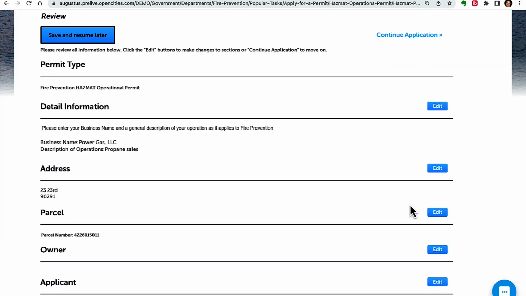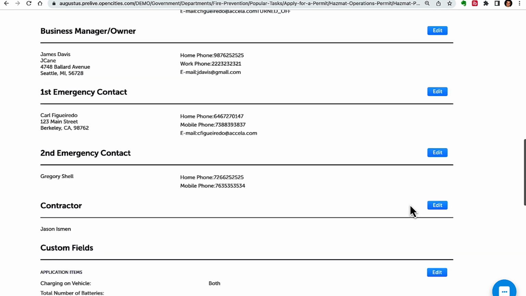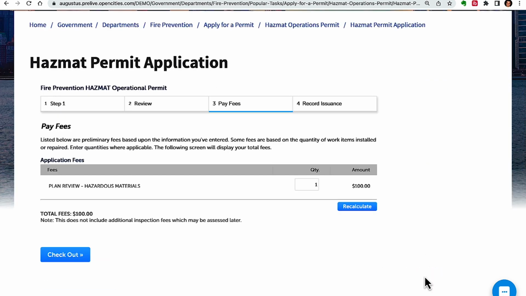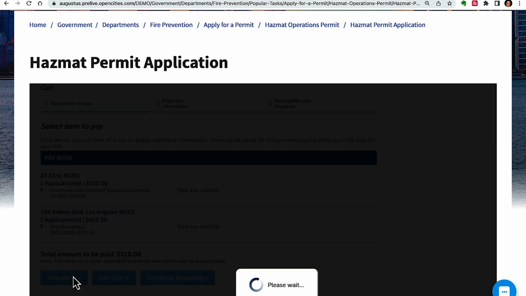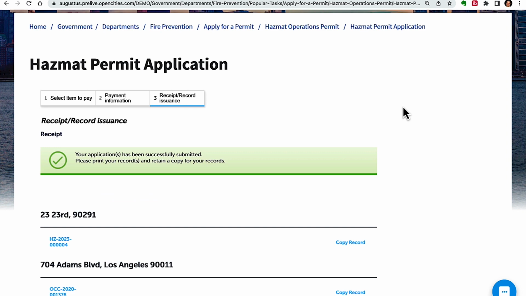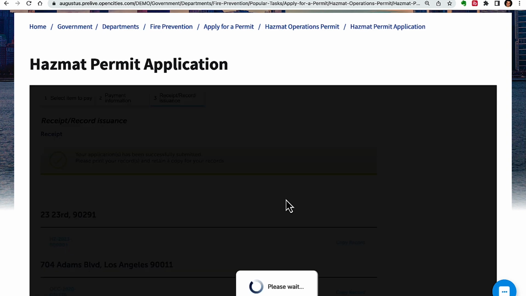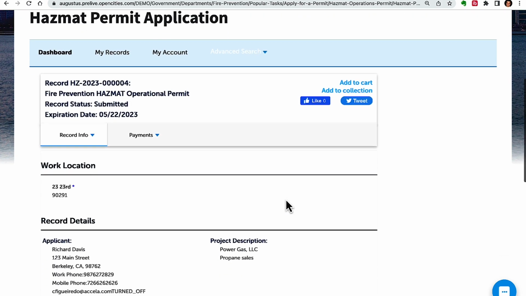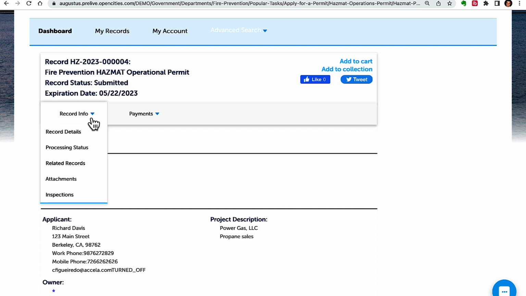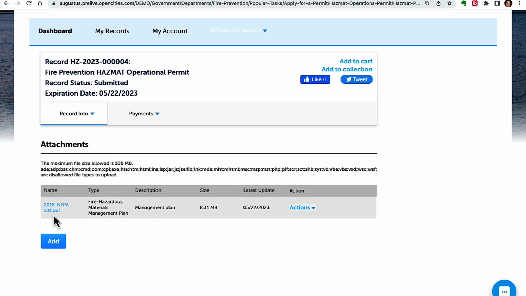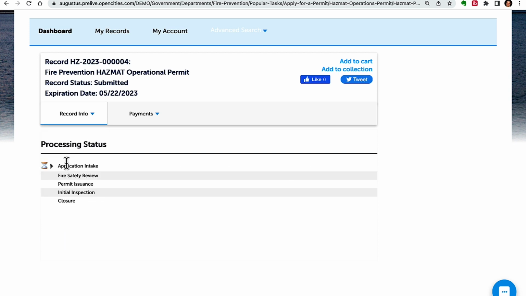Here's the final page where I can take a look at everything before I submit. At this point, we can see that there is a fee associated with submitting this particular application, so I can go ahead and pay for that using the shopping cart functionality of the tool. I can see that I already had something else in my cart, so I can go ahead and pay for everything all at once. All right, now that I've submitted that application, I have the opportunity to track the status of that as it's getting processed. I can always come back here to this dashboard and interact with any of the information. I can check this drop-down menu, look at any documents, add additional documents, and even see the processing status or